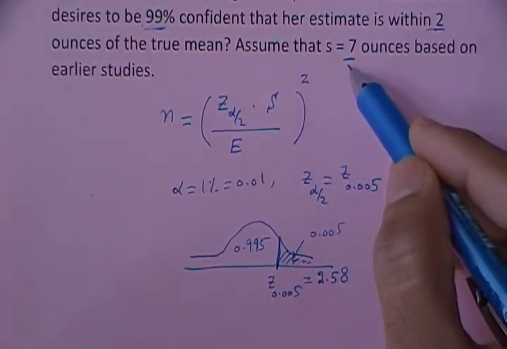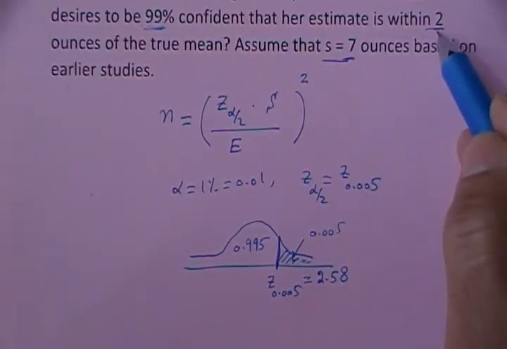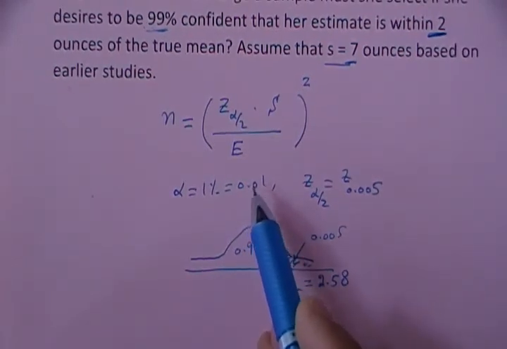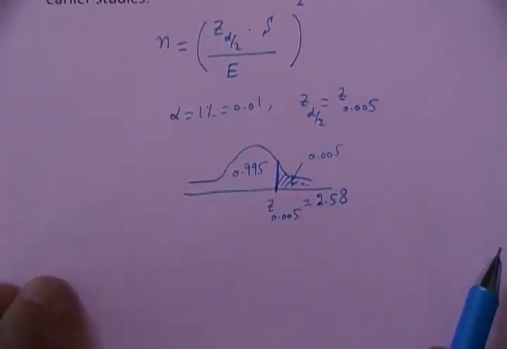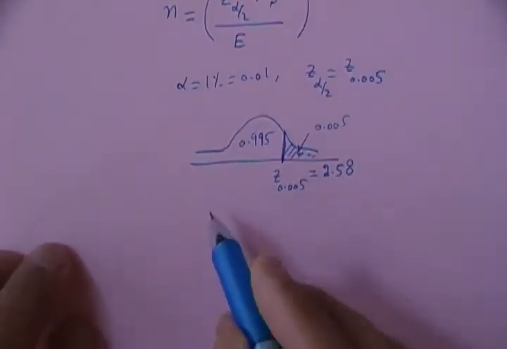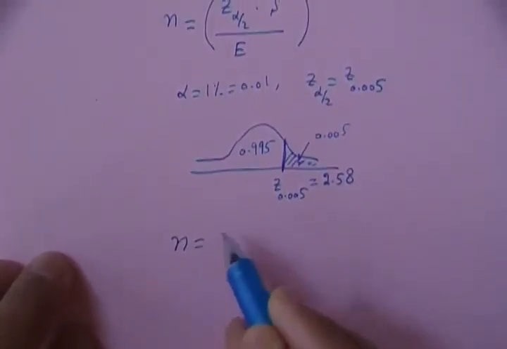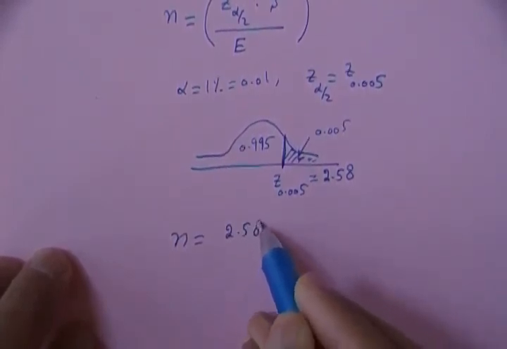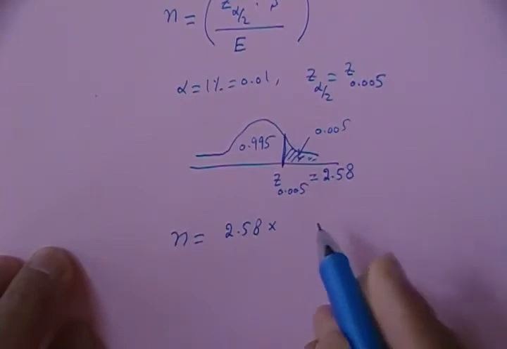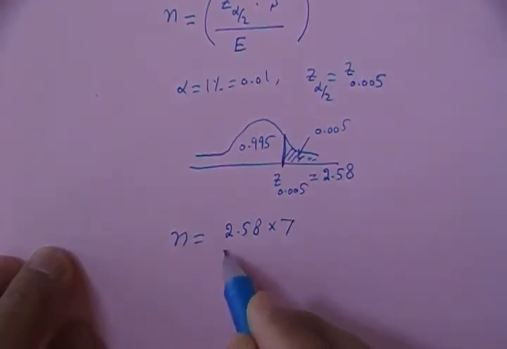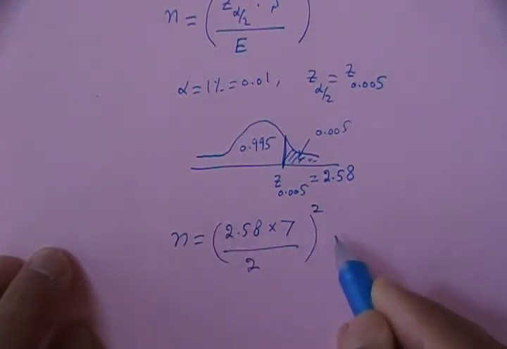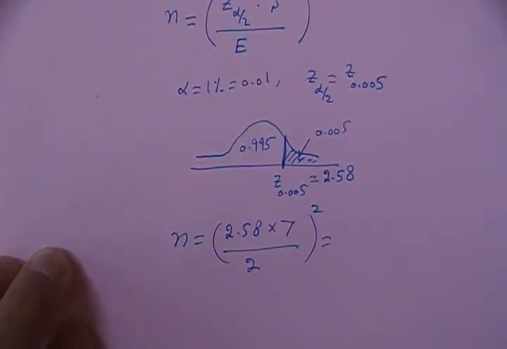We already know that S is 7 and the margin of error E is 2, so just plug this information into the formula and get the answer. Our n would be z sub alpha by 2, which is 2.58, multiplied by S, which is 7, divided by the margin of error, which is 2, and then you square it, and this is equal to 81.54